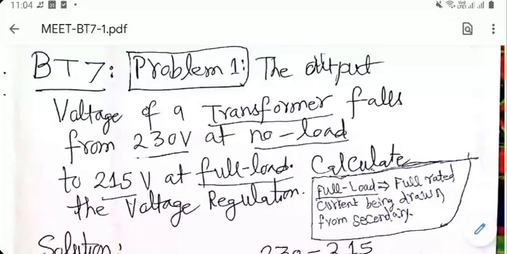Okay. Voltage regulation is quite straightforward. It is the magnitude of the output voltage, which is the secondary voltage, at no load minus the magnitude of the same at full load, the entire thing divided by the magnitude of the output voltage at full load, and then you multiply the result by 100 to get the answer in percentage. Problem number one here is an example of that. It's a very straightforward calculation.